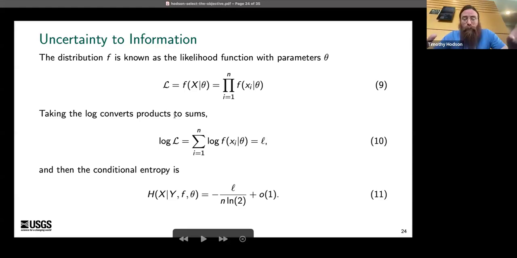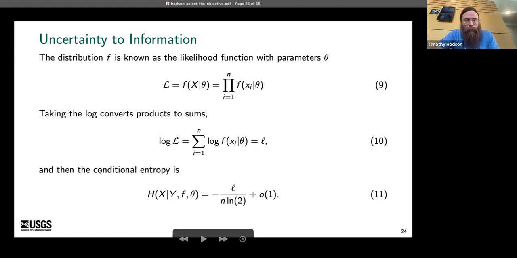I won't dwell too much here other than just to introduce some of the notation. This distribution f is known as the likelihood function. People who've done Bayesian statistics are familiar with this stuff, but it's often denoted with this scripty capital L. And then very common to take the log of that, denoted as either log L or this little scripty l. Logging converts, in probability theory, we're multiplying probabilities together, right? So when we take the log, those multiplications turn to sums, and that does a lot of very nice things